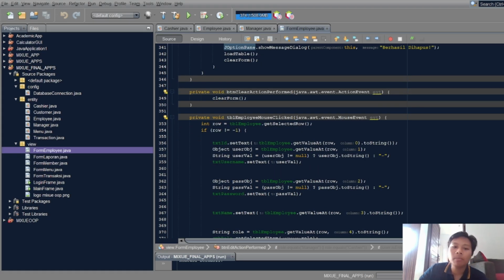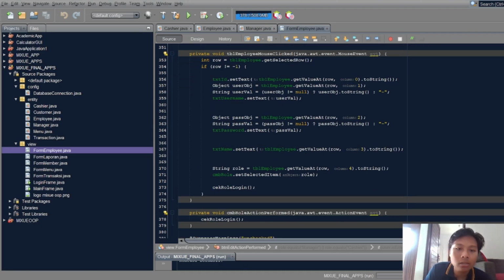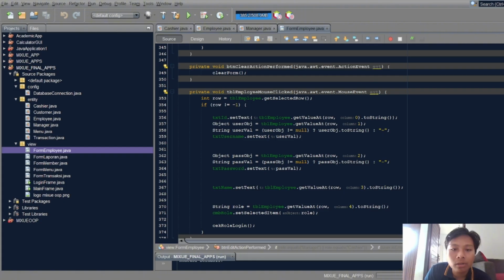And then we have a clear button. We just call the clear form void or behavior from before, and then we have the table employee mouse clicked. This is for when we click the data on the table, the text fields will be filled by the data we clicked.